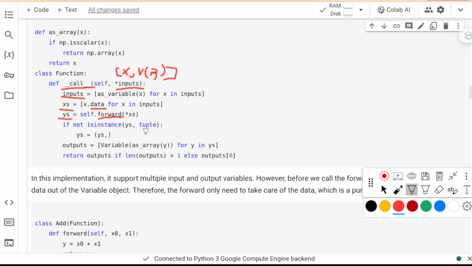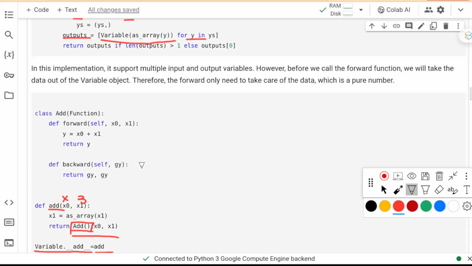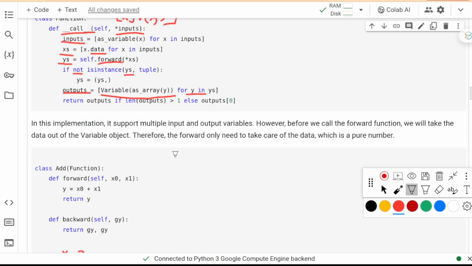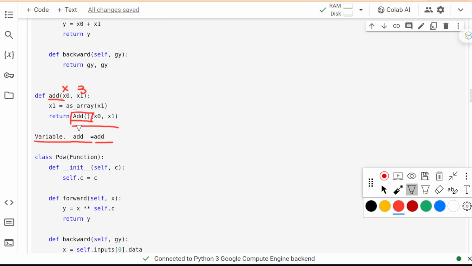So we need to check the type of XS, YS. If it's not a tuple, we need to make it a tuple with just a single value. The next step is that we convert everything here into a variable. So this will be the output variable. Okay, in this way, now we can implement the add operator.